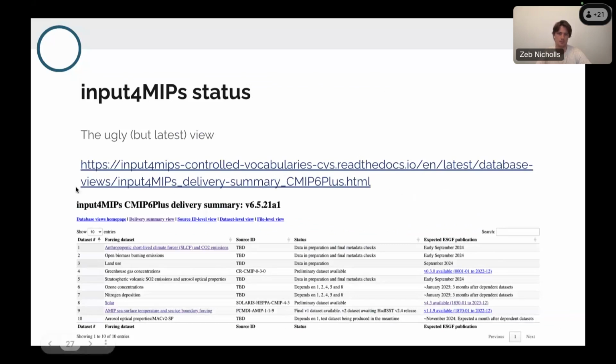If you want to keep up to date with where things are up to with input4MIPs, then there are a couple of different views. This is the uglier but latest view, which we maintain through our input4MIPs repository. One of the things you can see here, if you look very closely, is that we've actually got data published for 3 of our data sets. We expect to get data published for another 4 in September, hopefully early September, which would then mean we've only got